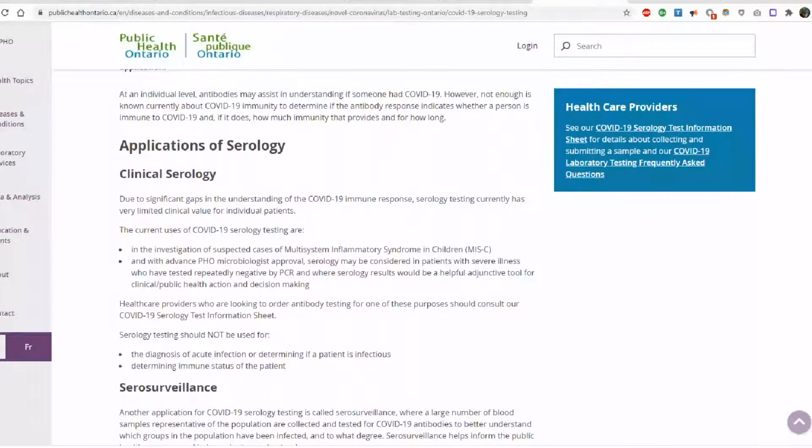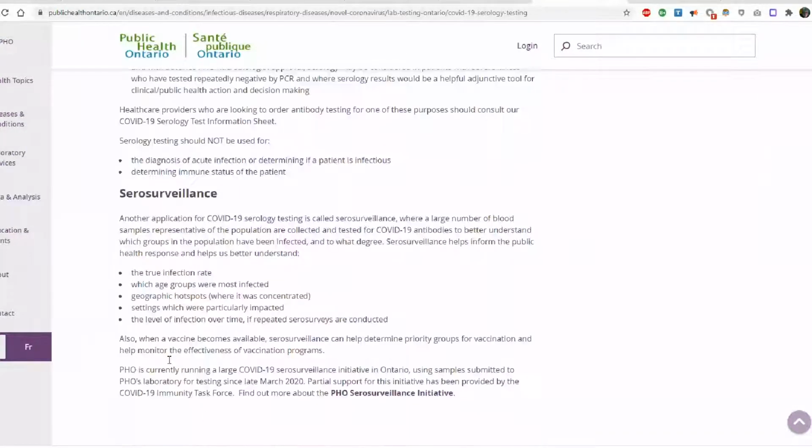Application of serology. Due to significant gaps in understanding of the COVID-19 immune response, serology testing currently has very limited clinical value for individual patients. How convenient. Also, when a vaccine becomes available, serosurveillance could help determine prior grounds for the vaccination and help monitor the effectiveness